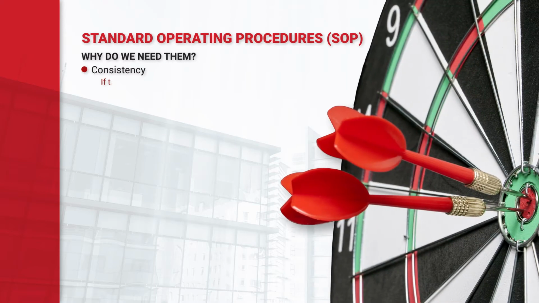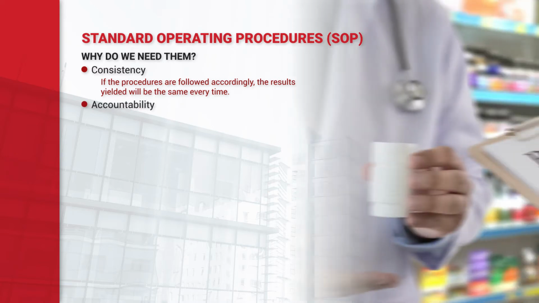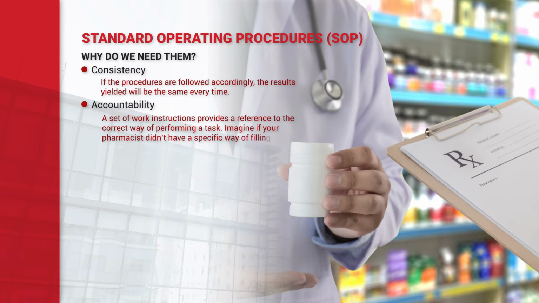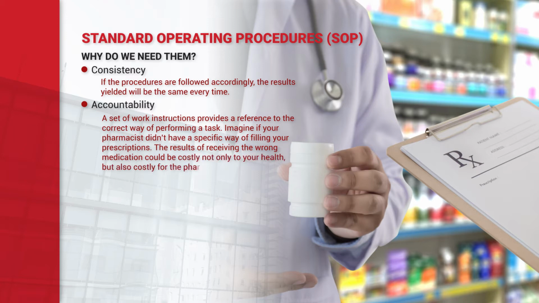Consistency. If the procedures are followed accordingly, the results yielded will be the same every time. Accountability. A set of work instructions provides a reference to the correct way of performing a task. Imagine if your pharmacist didn't have a specific way of filling your prescriptions. The result of receiving the wrong medication could be costly, not only to your health, but also costly to the